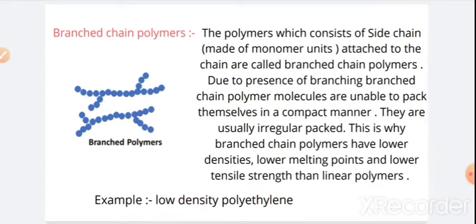Okay, the polymers which consist of side chain made up of monomer unit attached to the chain are called branch chain polymers. Due to the presence of branching or branch chain polymer, molecules are unable to pack themselves in a compact manner. They are usually irregular packed. Okay, that is why the branch chain polymer have low density, lower melting point, and lower tensile strength than linear polymers. You get that? Actually, branch chain polymer are defined as having secondary polymer chain linked to the primary backbone,